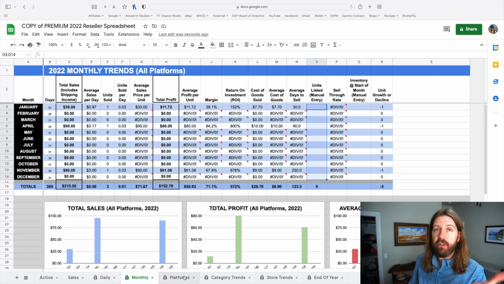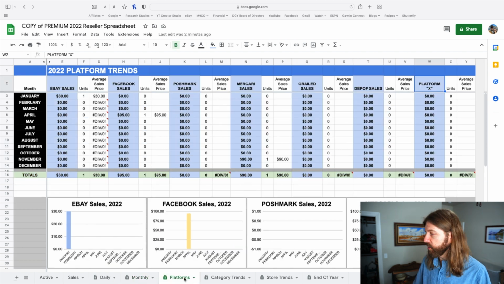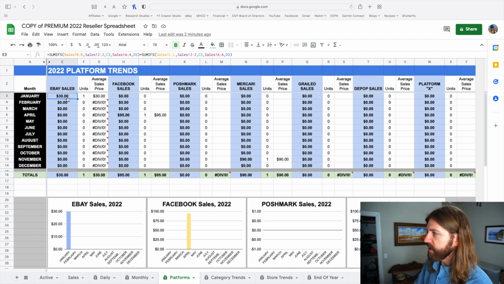So that's very similar to the basic, as you can see. Let's go ahead and jump into the tabs that aren't on the basic, and I'll explain those, starting with our platforms tab. So we logged an eBay sale in January, and you can see this eBay sale, one sold for